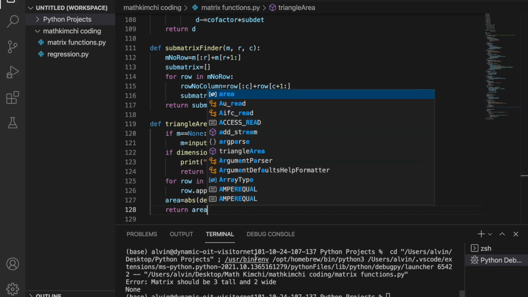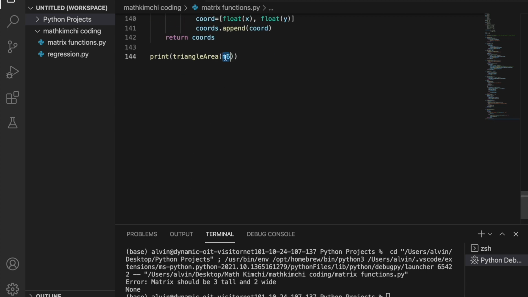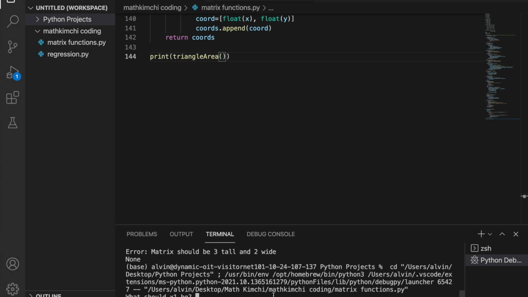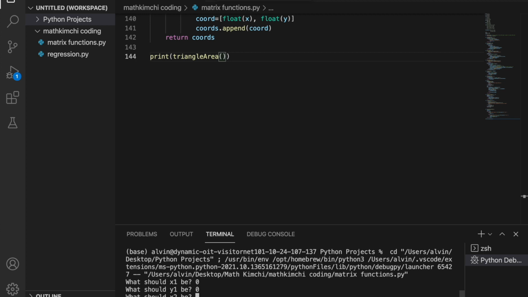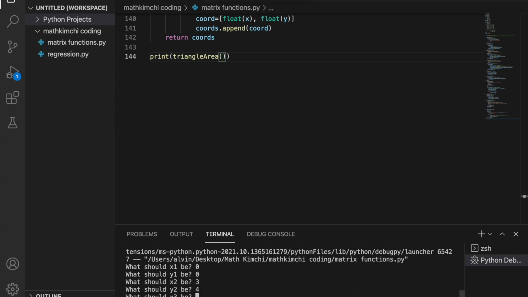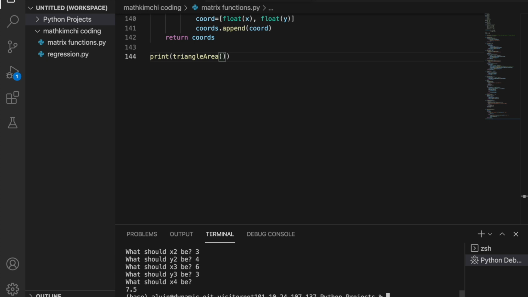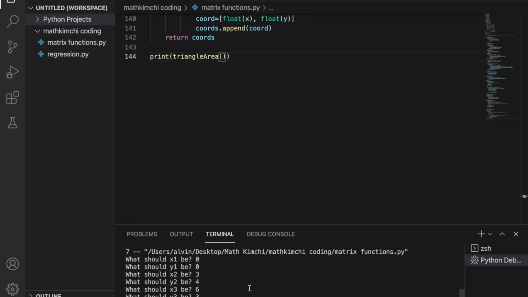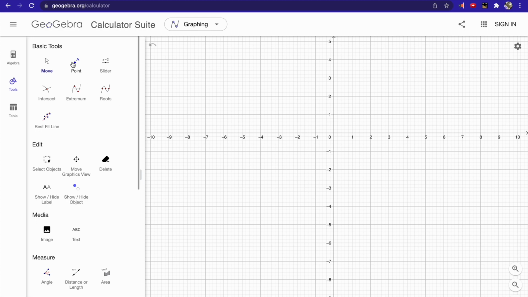Let's see if this works. You have to make this, you know what, let's just give it nothing for now. What should x1 be? Let's see, let's make it 0, 0 and 3, 4 and I don't know, like 6, 3. 7.5 is what the program is saying the area is, and we can actually confirm this by going to GeoGebra,